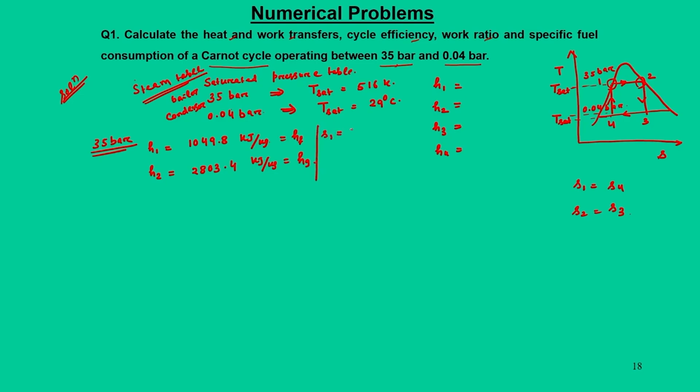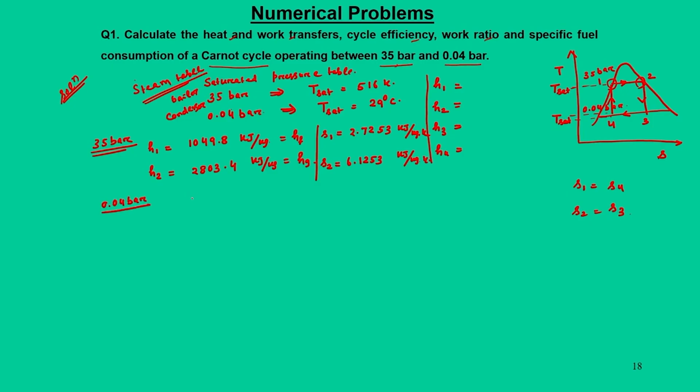S1 is 2.7253 kilojoule per kg Kelvin, and S2 would be 6.1253 kilojoule per kg Kelvin. So we got the data at 35 bar, and then similarly at 0.04 bar